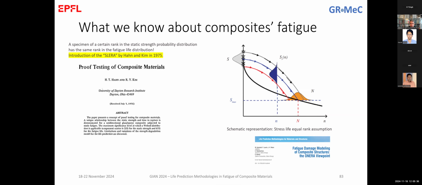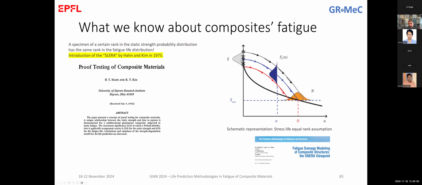Of course, this cannot be validated. If we test a specimen, we break a specimen in static loading, we cannot break the same specimen in fatigue. But we've seen that more or less this is correct. And this SLERA approach is somehow